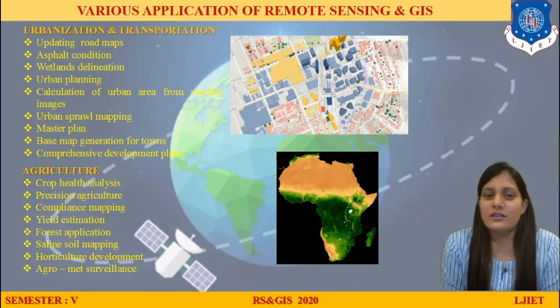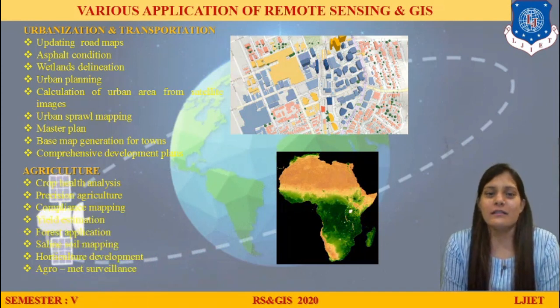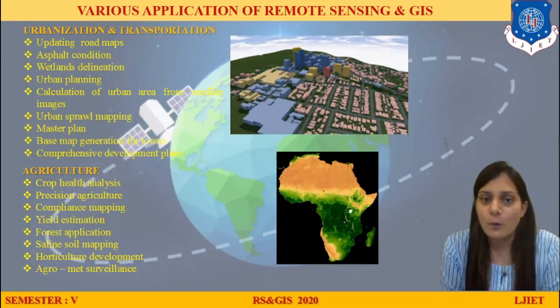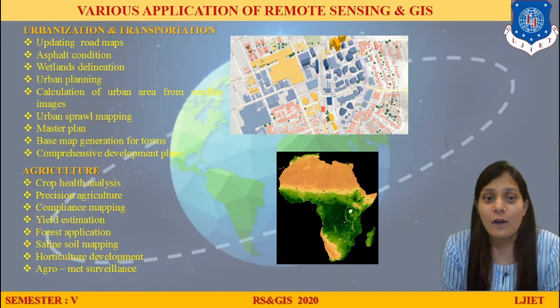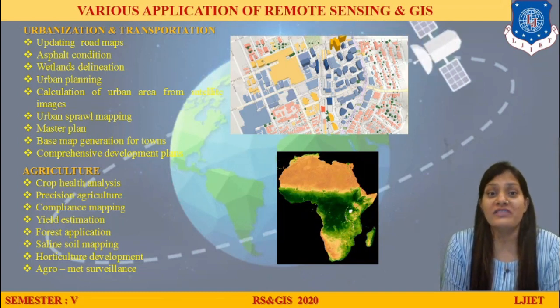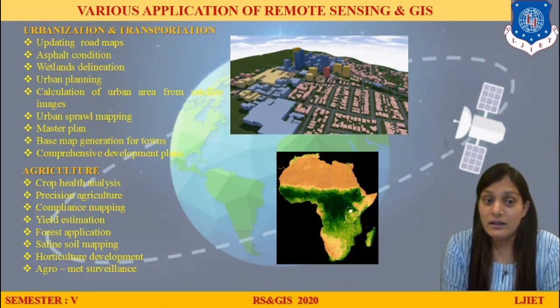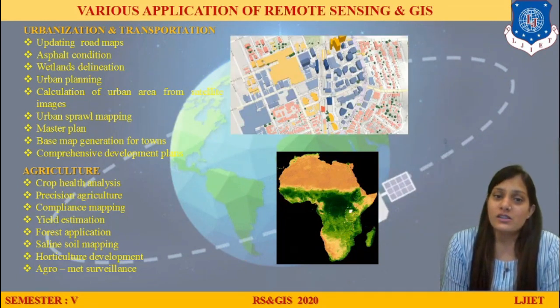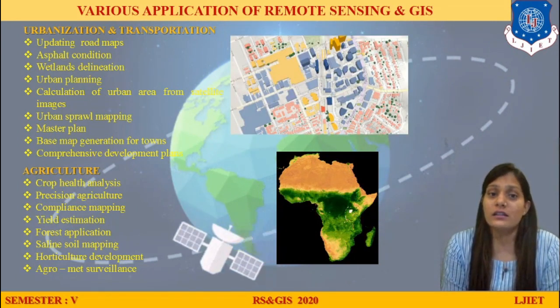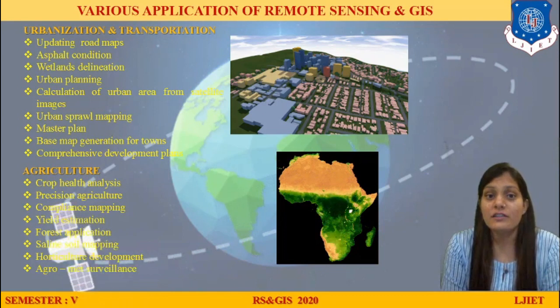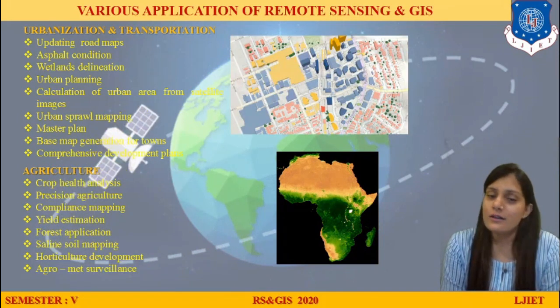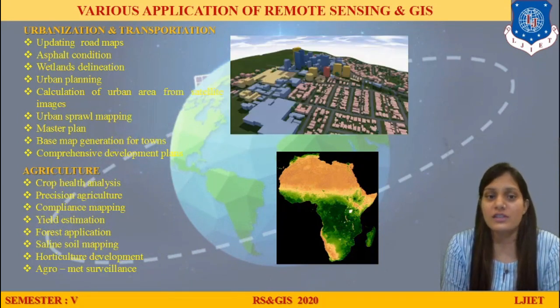So agriculture was our main aim, and you can see here the agriculture analysis was very much important. The crop monitoring, crop prediction, estimation of yield, that how much this field will yield, right? What are the forest applications, how are the agricultural lands to be used, the different techniques of irrigation, that is all being decided by remote sensing and GIS.